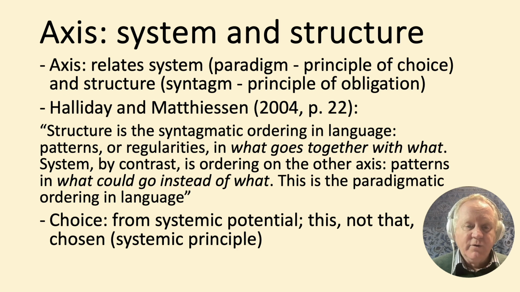Halliday, in the 2004 edition of Introduction to Functional Grammar, edited by Matthiessen, refers to axis under the heading of system in brackets paradigmatic order. And this is because while Halliday started out in the early 1960s, following his teacher J.R. Firth, in discussing system and structure on equal terms, over time he came to see systems as primary, with structures as a secondary aspect, as the output of a systemic choice, perhaps partly as a reaction against the structural perspective dominating linguistics, then as now. Thus, choice is central to systemic functional theory.